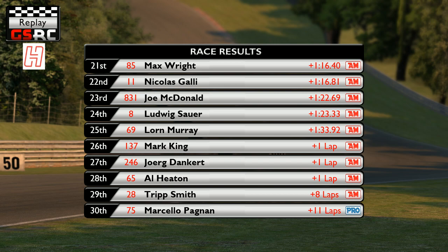Nicholas Gali, well, Gali, double deuce, 22. Joe McDonald didn't have a farm, but he had 23rd position. I say it every single time. Ludwig Sauer, 24th. 25th to Law Murray, who would struggle today on the clean driving race that you could arguably